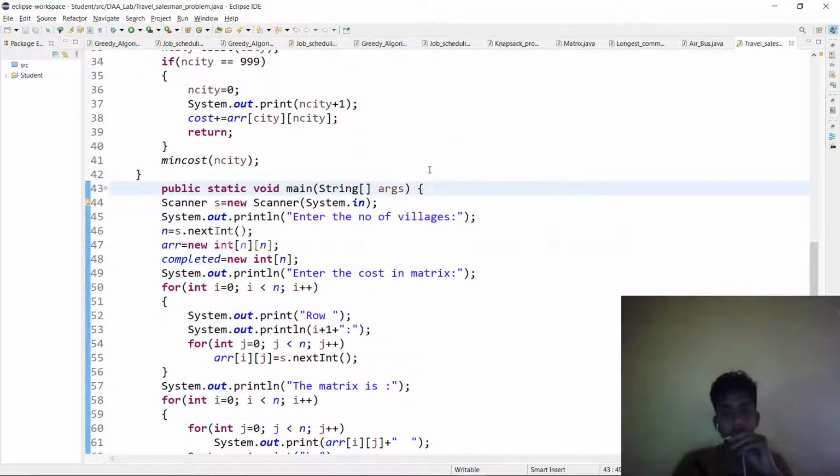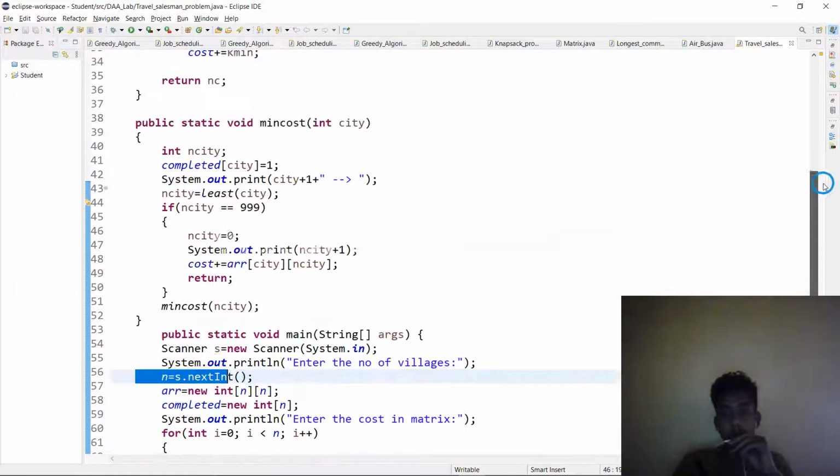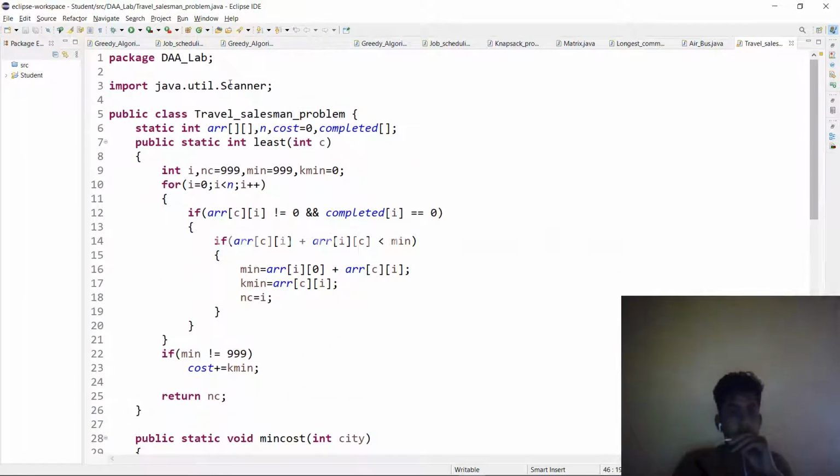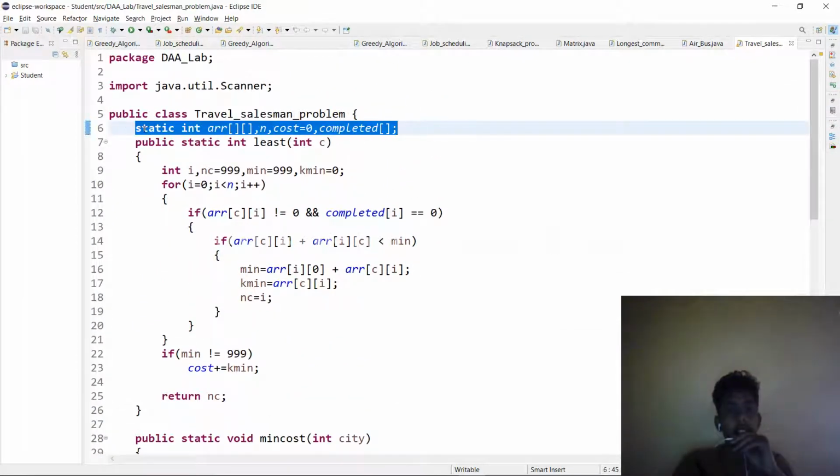In that function, first I'm getting the number of villages from n. I have declared a static int array, that is, the cost and completed. That array is going to be one table. In the table we are going to store the cost of the matrix.